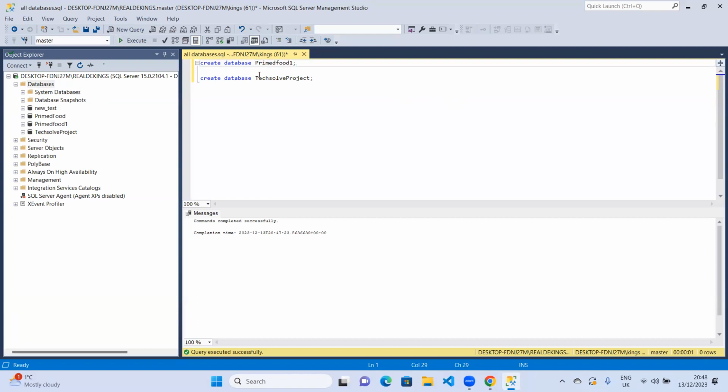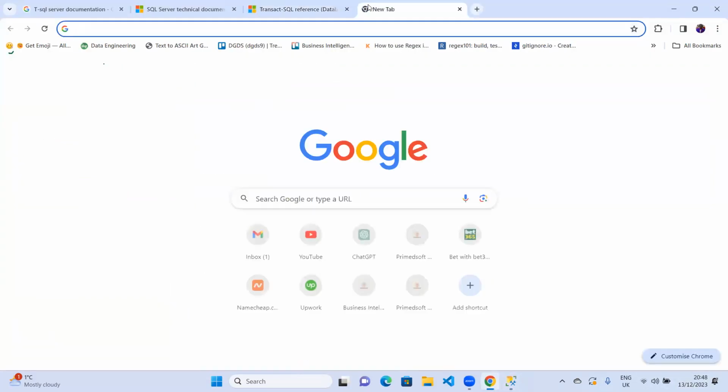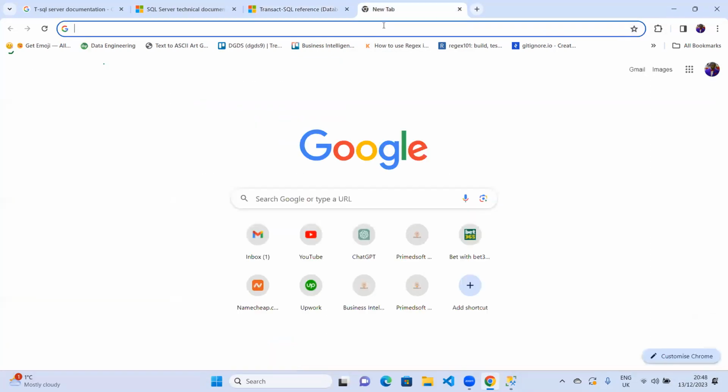And I would want you to memorize this. That is why I'm going to strongly recommend, and this is what we're going to be doing, that you do not try to memorize anything. So I will recommend that you come to the official documentation of T-SQL. This is the official documentation. You can come here, or you can use